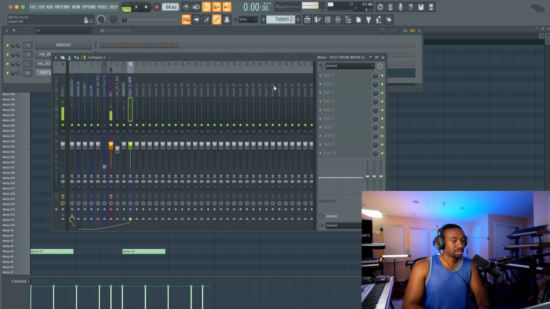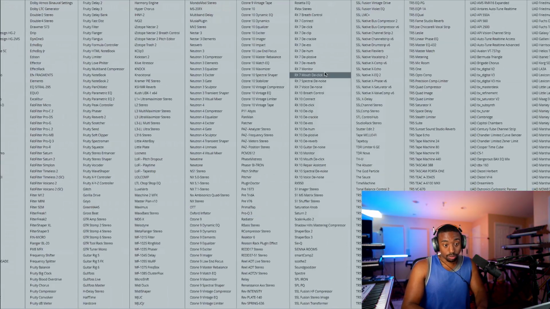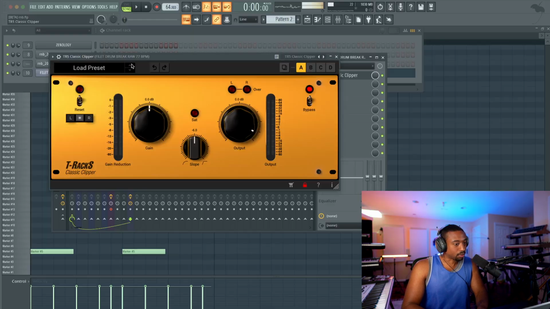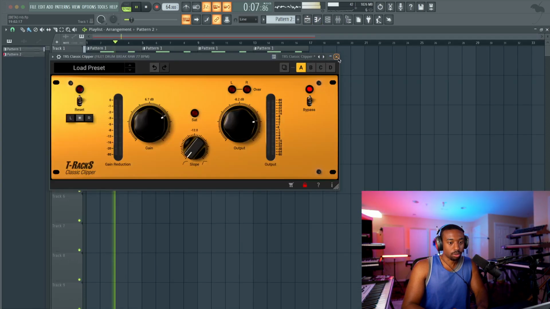Now I'm going to quickly mix the drums. This is not a mixing video, so I'm not trying to bore you to death. I'm going to run them through a soft clipper to shave off the transients. And then we're going to run it through an EQ to reshape it. Okay, and then you can muffle the drums with the low pass filter.